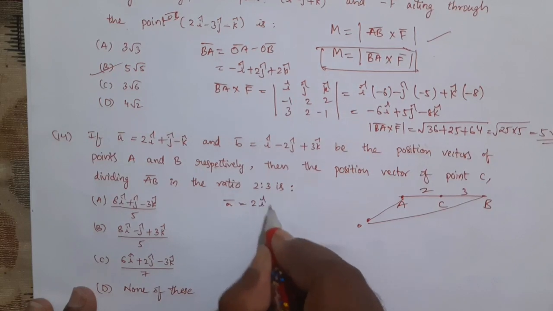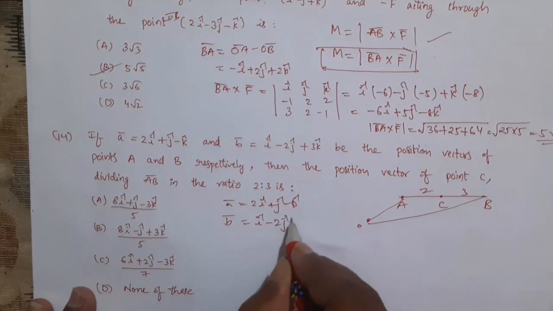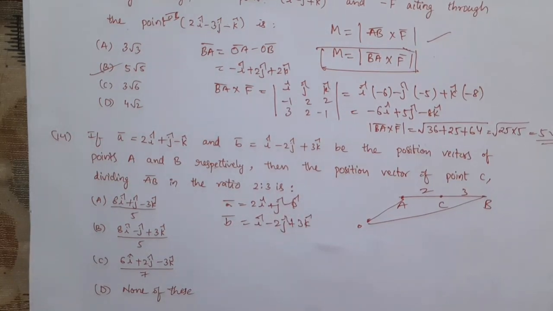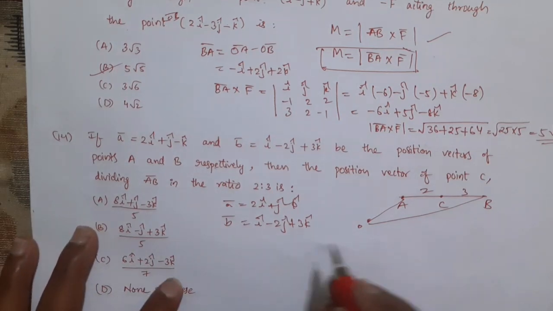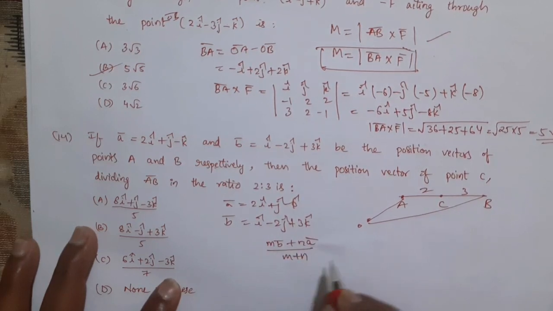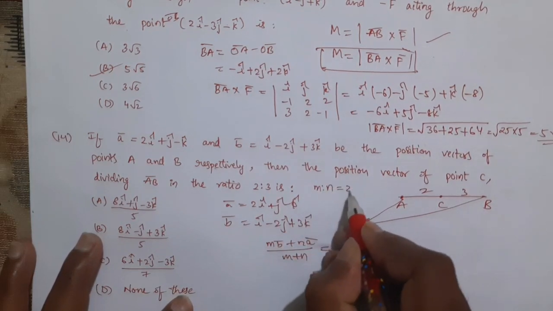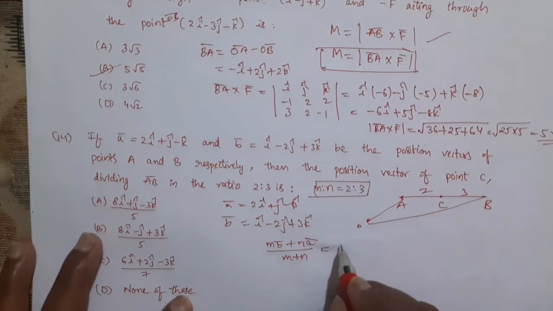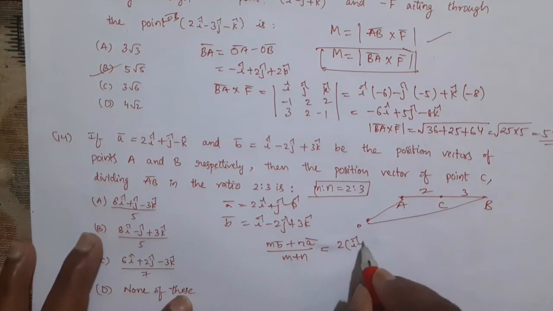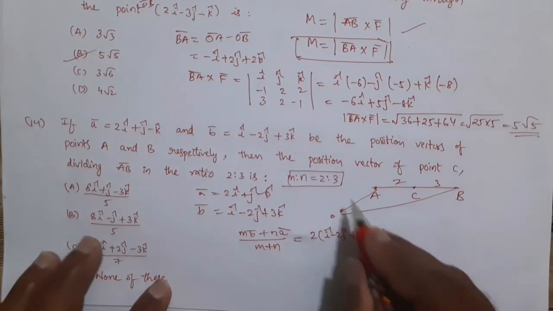A bar is given as 2 I cap plus J cap minus K cap, and B bar is given as I cap minus 2 J cap plus 3 K cap. So this is a question regarding the section formula. We know that when a point divides AB in the ratio 2:3, the formula becomes (M B bar plus N A bar) by (M plus N). Here M is to N equal to 2:3, so M value is 2 and N value is 3. So 2 into B bar, which is I cap minus 2 J cap plus 3 K cap, plus 3 into A bar,